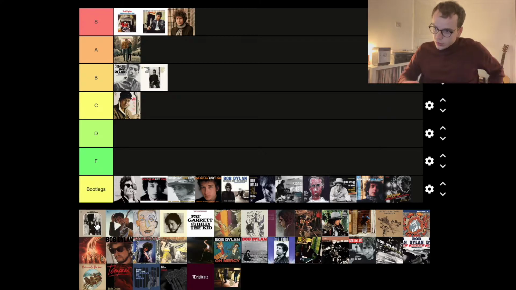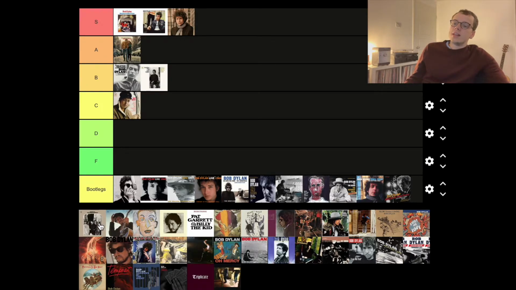Right, so we're moving out of the mid-60s into John Wesley Harding from 67. Now, this was an album that was so against the grain, and it's kind of a standalone in Dylan's discography, I would say. Purely for the fact that obviously this was recorded during 1967 when the Beatles were making Sgt. Pepper. The whole of the popular music industry was heading in one direction, and Dylan was at right angles to that. He was going in the opposite direction.